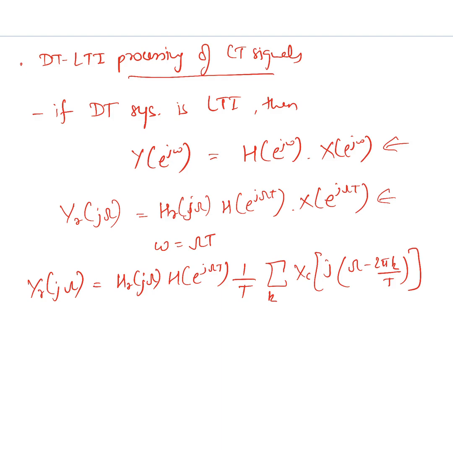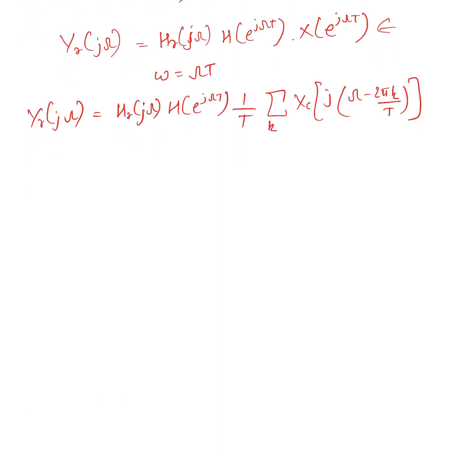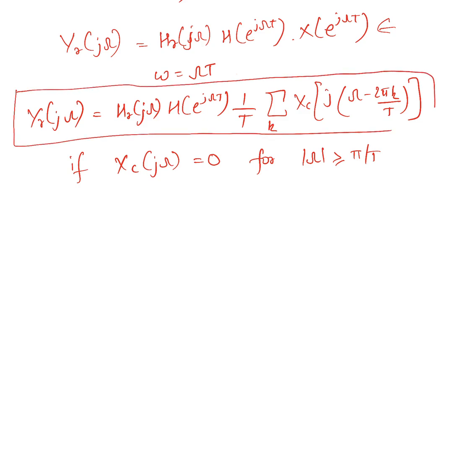Now, if you have X c of j omega equal to 0 for mod omega greater than or equal to pi by T. First of all, this is the main equation which relates all the impulse responses of the subsystems inside the overall block diagram in terms of the input continuous time signal. Okay, so now if we have X c of j omega equal to 0 for mod omega greater than or equal to pi by T, meaning it is a band limited signal, then